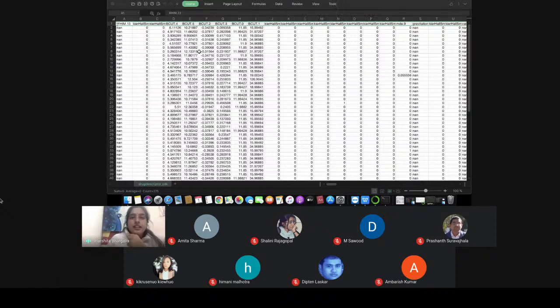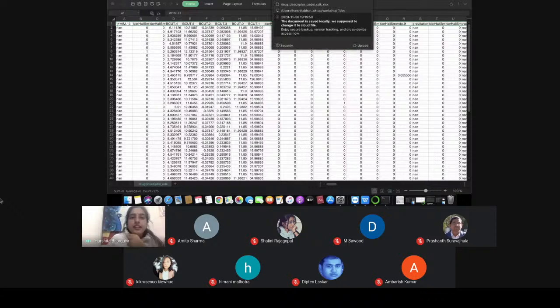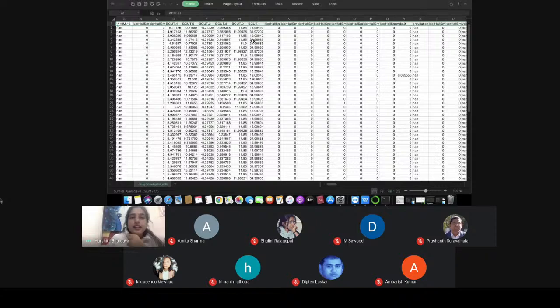So I have downloaded this Excel using the SMILES ID of each and every drug. For these 68 drugs, I have downloaded the features, or the descriptors, as a file, and I have used an online tool for this. You can also use the RDKit packages that are available in R. The RCPI package is also available and can be used for calculating drug descriptors and protein descriptors both at the same time. So I have used them differently.